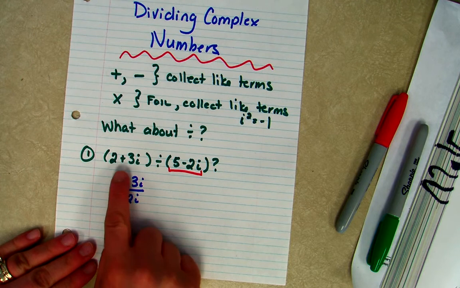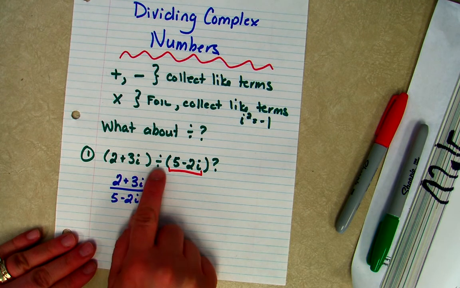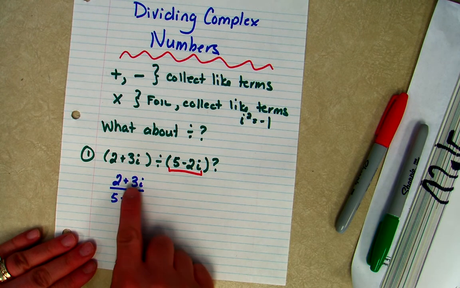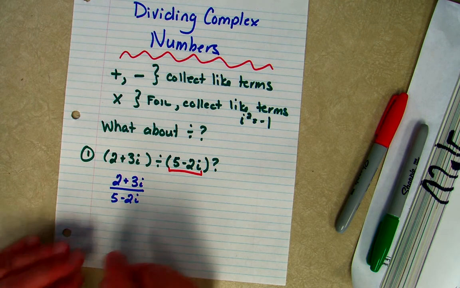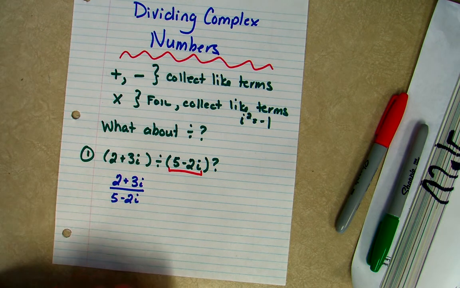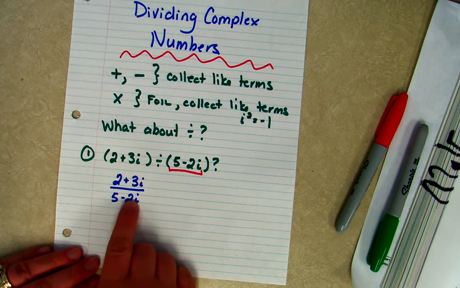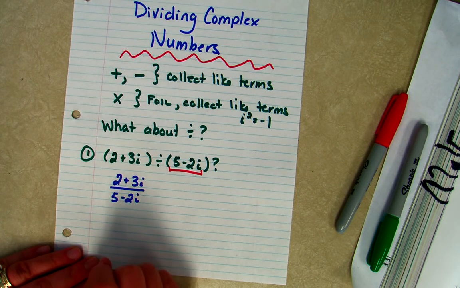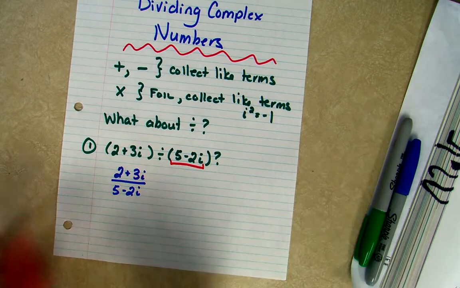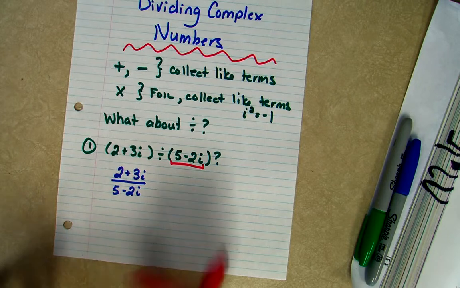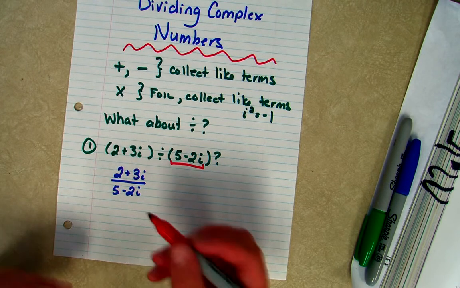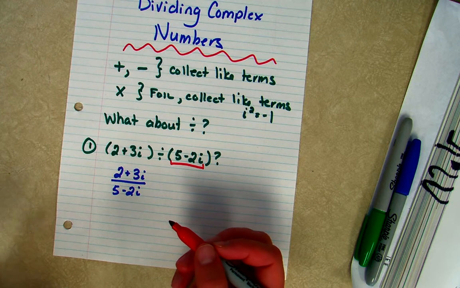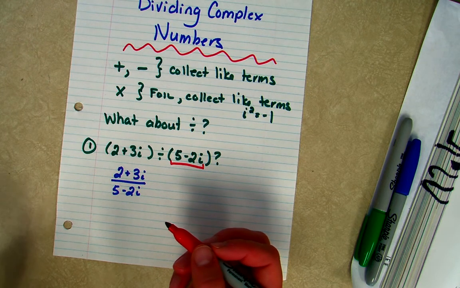So the question that is 2 plus 3i divided by 5 minus 2i, I'm going to write as 2 plus 3i over 5 minus 2i. And really, there's nothing I could do from there. I don't know how to divide by both of these at the same time. So we're going to use a trick. It's kind of like when we did completing the square and we used a funky zero. We added in a zero because it changed how our equation looked and let us do some work, but